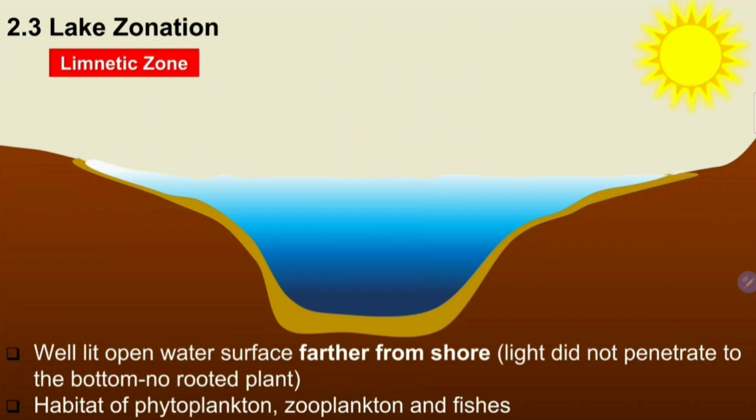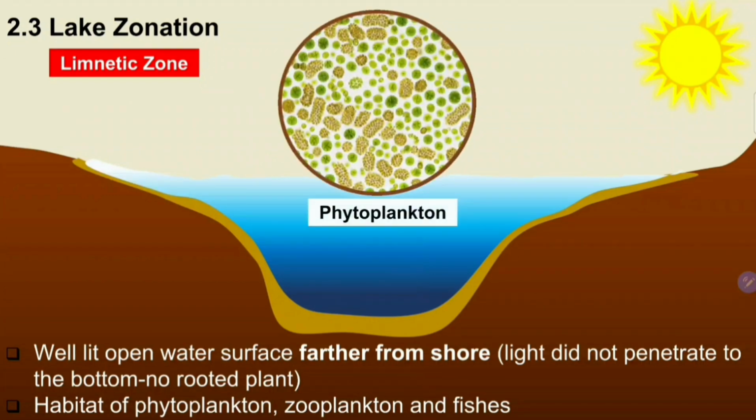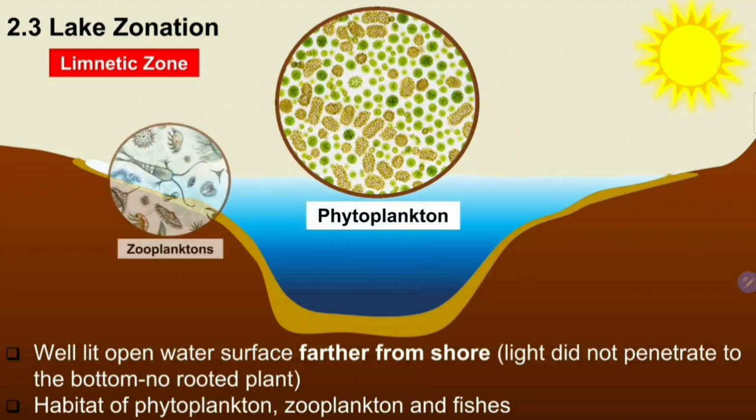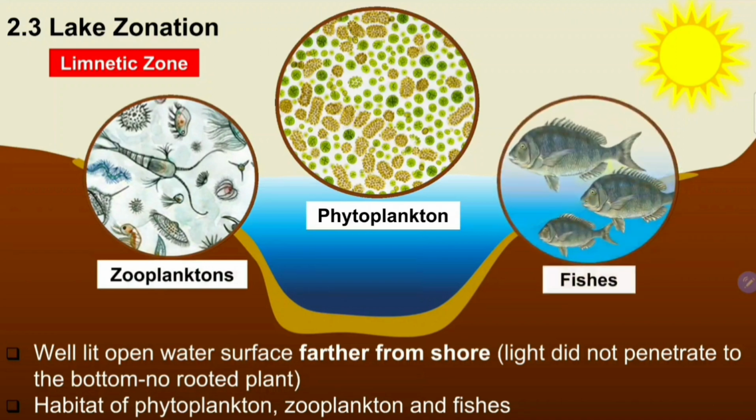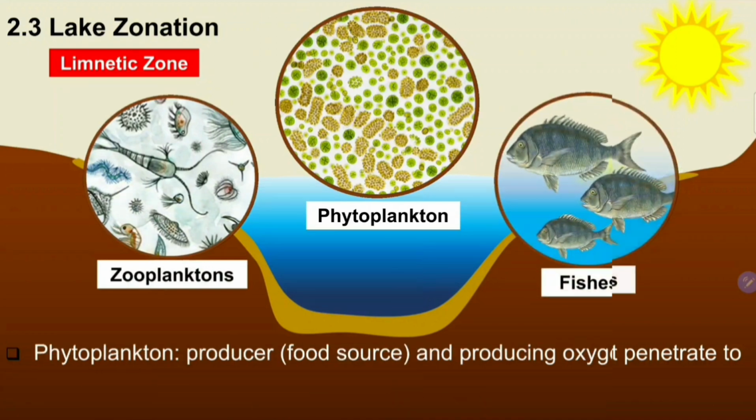This is why this region is a more suitable habitat for organisms like phytoplankton, iaitu plankton yang boleh buat photosynthesis, or animals like plankton iaitu zooplankton as well as fishes. Phytoplankton, just like plant, will act as a producer and food source as well as producing oxygen for the aquatic